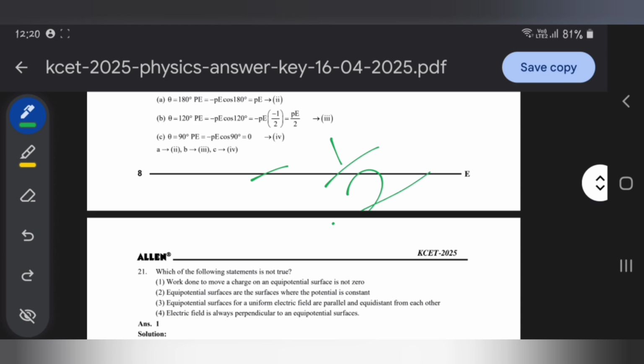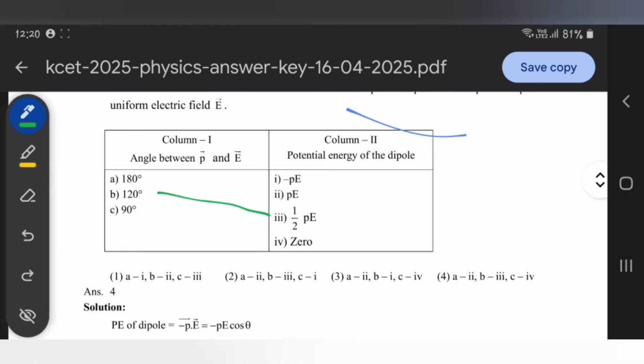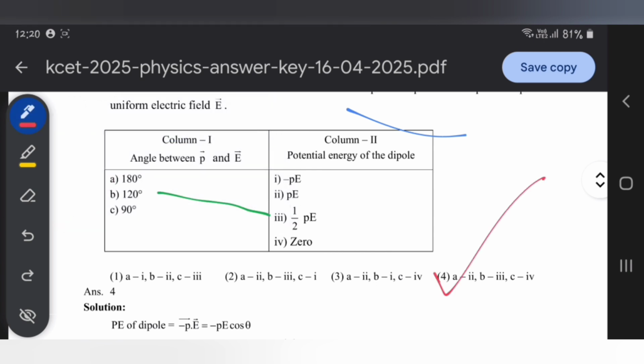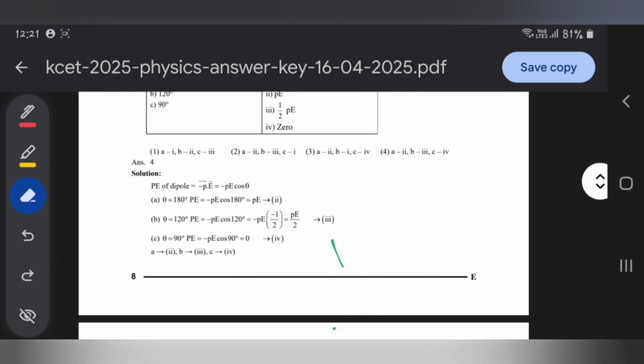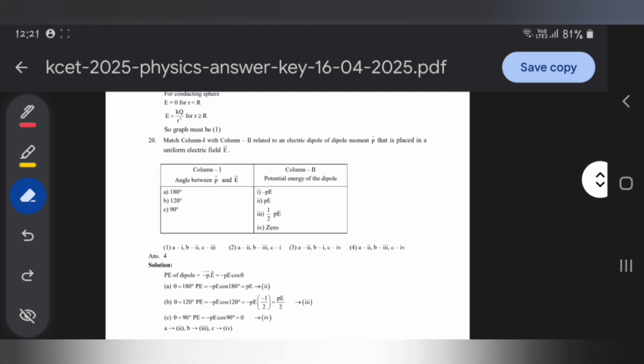But you already have one minus before, that is minus PE cos theta. So minus minus will give you plus. So plus half PE will be the answer. So B should be option number 3, and A with 2, B with 3, C with 4 matches only option number 4. So you are done. Done and dusted, right? This particular answer will be option number 4. Simple. I hope it's clear. If you want, you can take a screenshot.